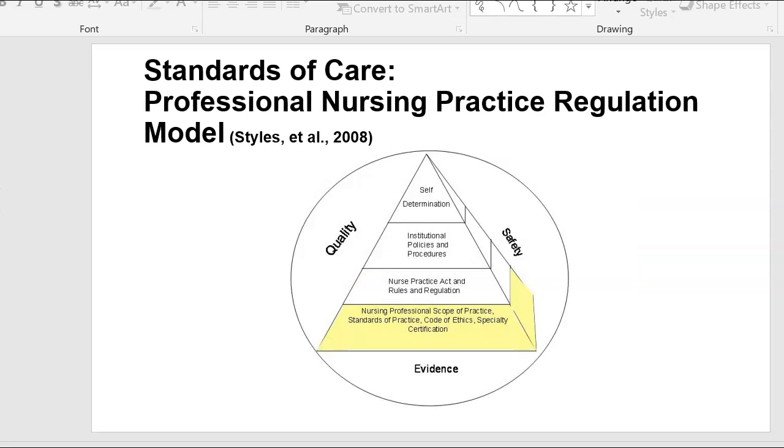So when we look at standards of care, remember these are legal guidelines for minimally safe and adequate nursing practice. Nurse Practice Acts are examples of statutes enacted by state legislatures to regulate the practice of nursing. It defines the scope of practice, so what nurses can do and what they can't do. Expanded nursing roles, so for example, DNPs or nurse practitioners. It sets educational requirements, distinguishes between nursing practice and medical practice, establishes a regulatory agency such as the State Board